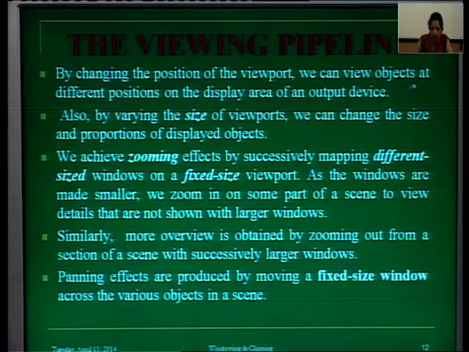of an output device. Suppose we want to display the scene. At this portion we can change the position of the viewport. Also, by varying the size of the viewport, we can change the size of the viewport. By changing the size of the viewport, we can change the size and proportions of the displayed objects. If we want to enlarge, we can enlarge. If we want to reduce the display objects, we can reduce the display objects by changing the size of the